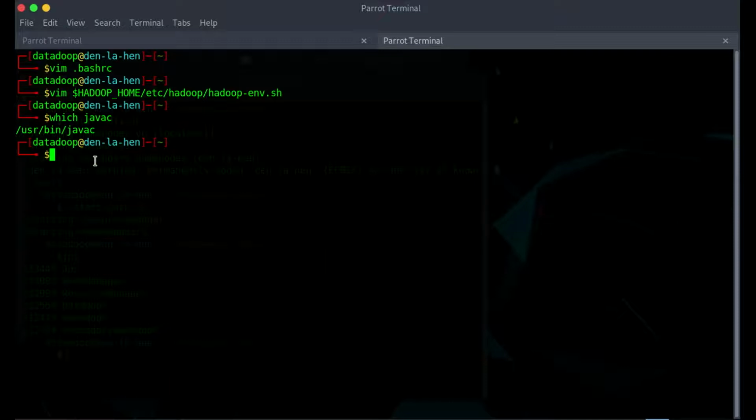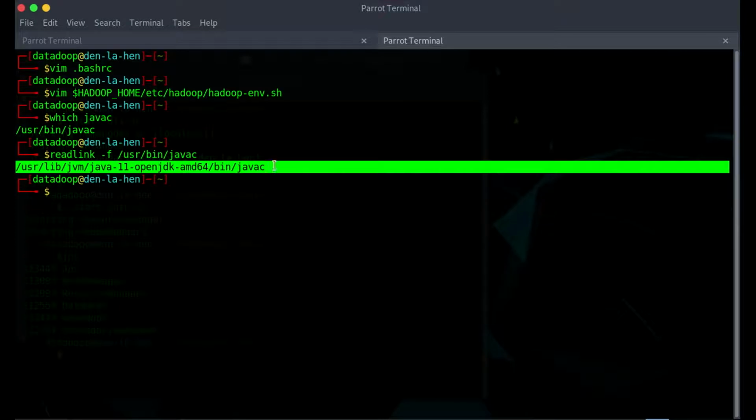To know the actual installation, we have to type another command: readlink space -f space, and you have to copy this specific thing, that's /usr/bin/javac. So here is the actual path of my Java installation.